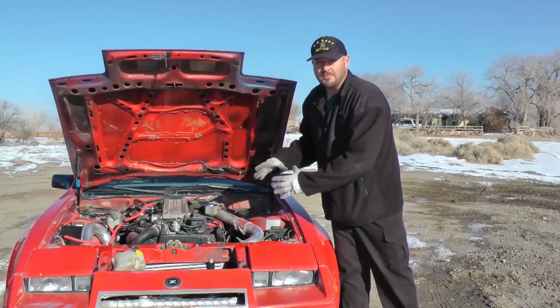Factory, they had a very small turbocharger, no intercooler, so when the turbo gets hot,